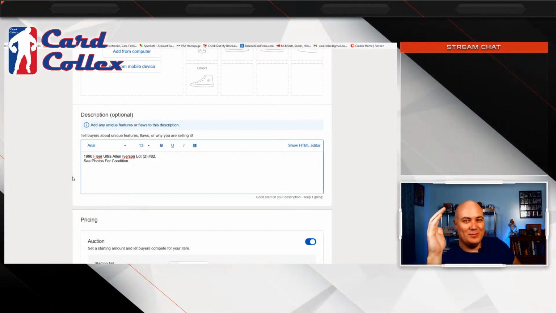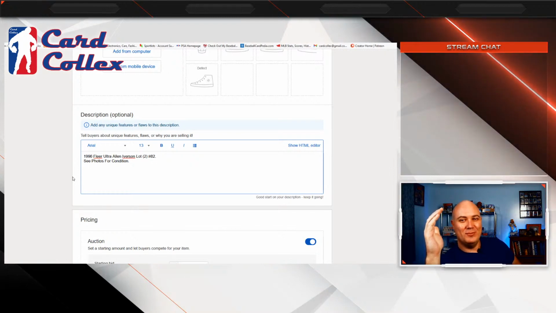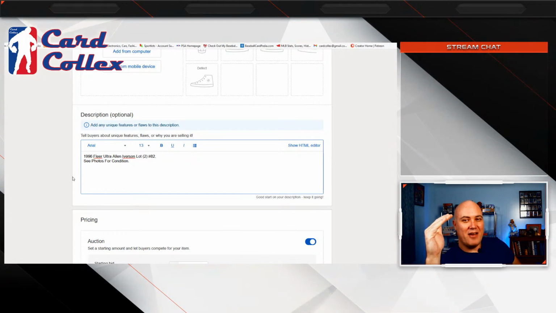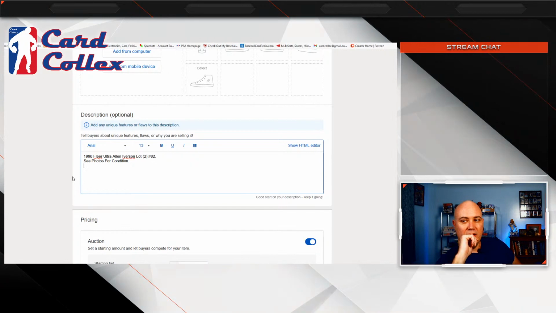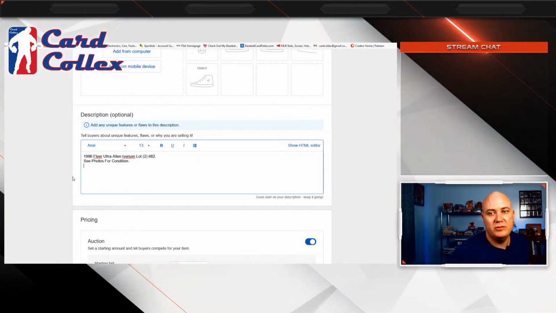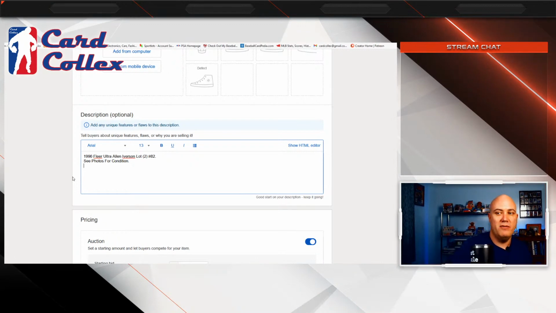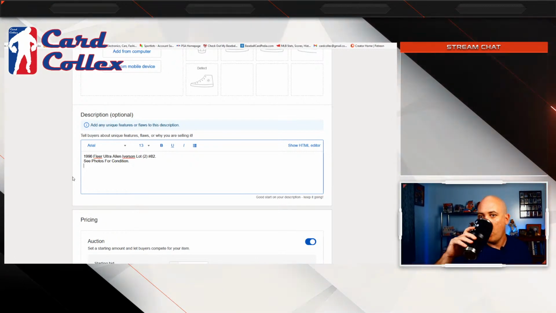You have to accept returns. You can put I don't accept returns, but if it's not advertised correctly, or not described as being damaged or whatever, then anybody can return it, and eBay will just charge you. So it's best just to be transparent and honest about everything, and it just makes it easy.